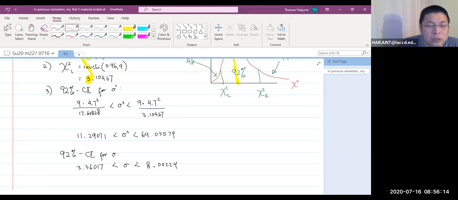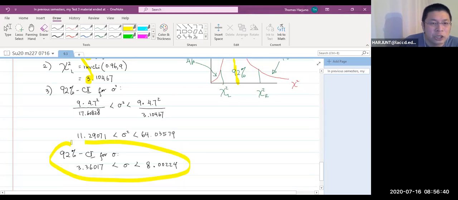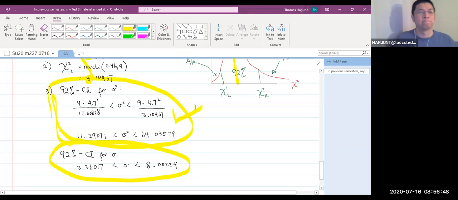Now, of course, there are things in statistics where I have to say it is done this way. Why is it done this way? Because the previous people did it this way. That's the worst answer I can give, but at least that's what other people did. And one of them is when you need to construct a confidence interval for population standard deviation, you need to do this first. Then you do this one.